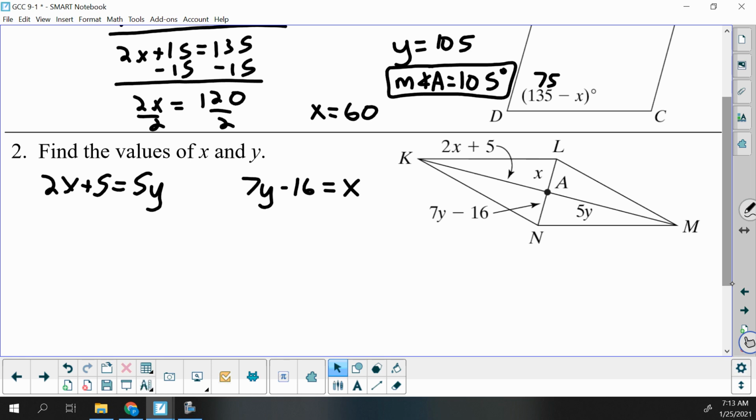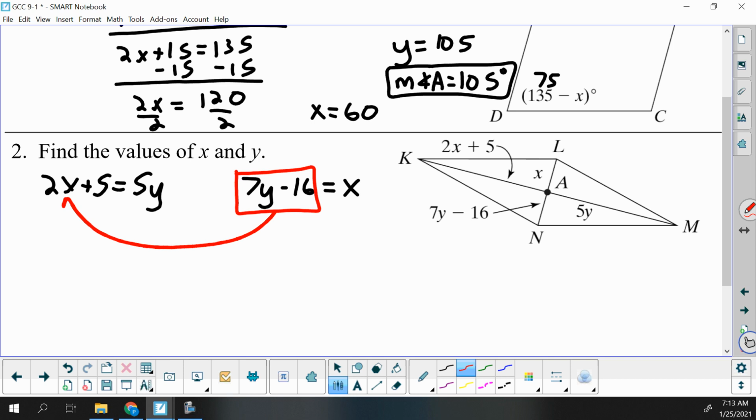Notice we have two equations that have two variables in each of them. So we want to be thinking elimination or substitution. The way these equations are set up, it's set up nicely for substitution because in the right-hand equation, x is already by itself. So let's take the expression that x is equal to, and we'll sub it in parentheses where x is. So we'll have 2 times (7y minus 16)